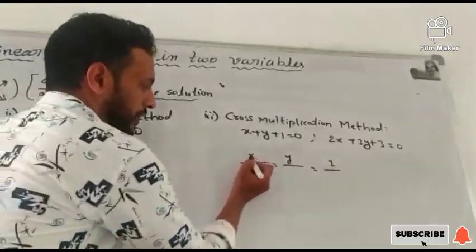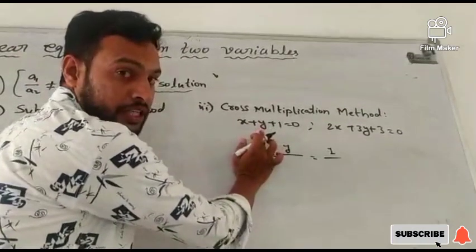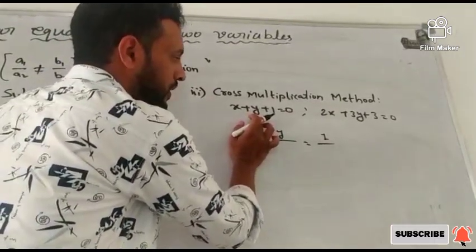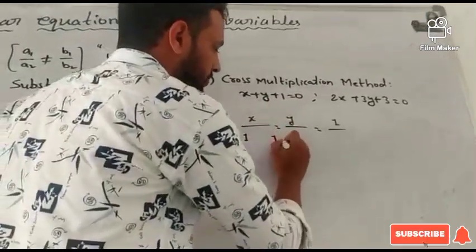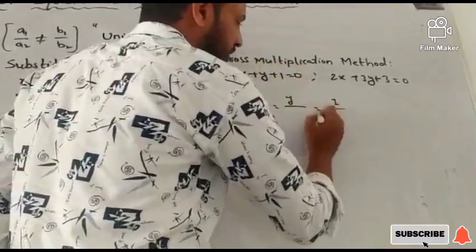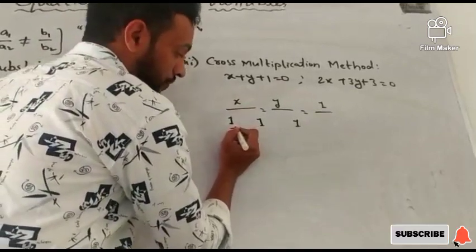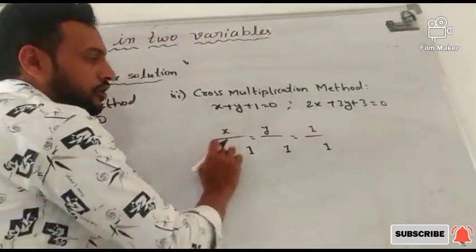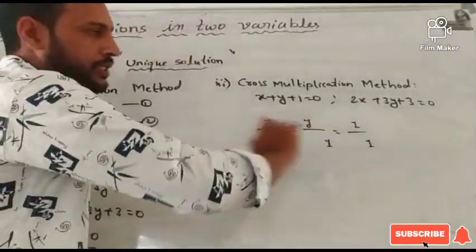Okay. So below the x you have to start with y. Remember this point, below the x you don't write the x value, you have to start with the y coefficient. So the y coefficient, how much here? 1. So I will write 1 here. Then come to the constant, that is also 1. Then comes the x coefficient, that is also 1. And finally you have to write whatever you have written in the first column and first row, you have to write that same value. Whatever you start with, you have to end with the same number. Okay, the first column is over now.